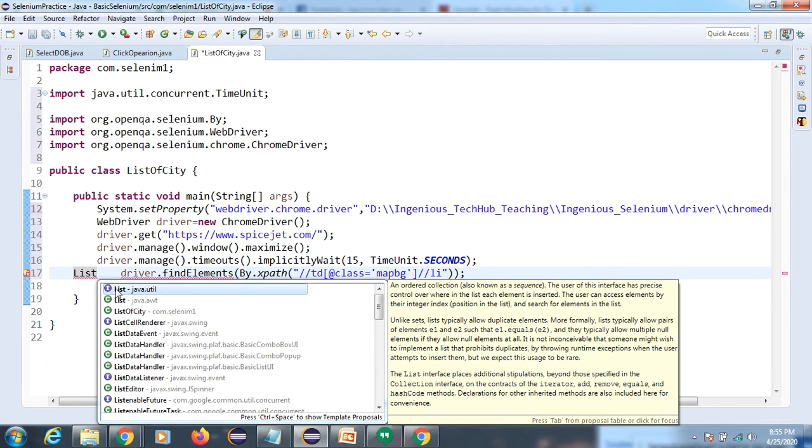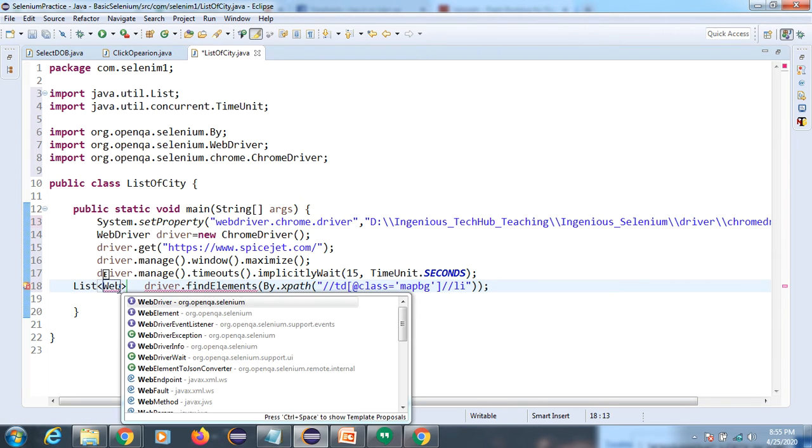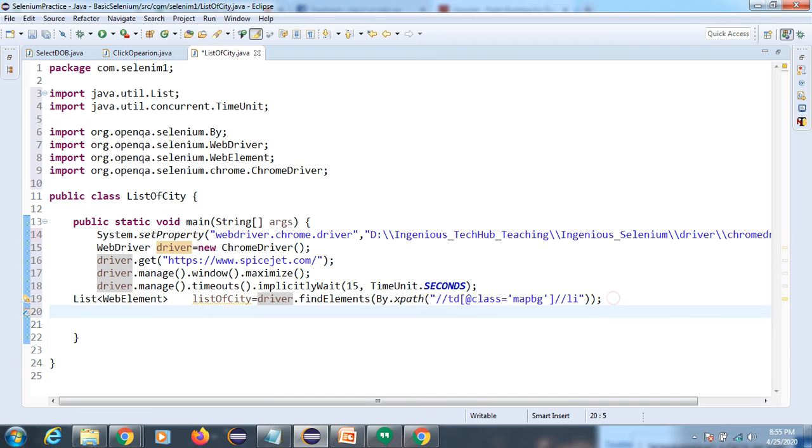This is, I think, called a bootstrap drop down, or you can say this is a simple web application. We just need to follow the simple steps, so list of city, right? Now we will iterate all the elements, we need to iterate.